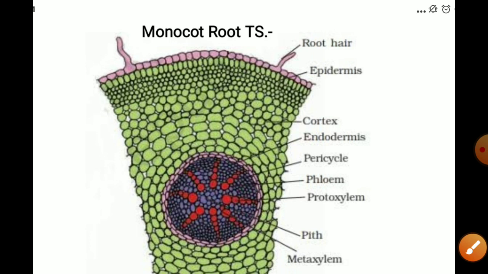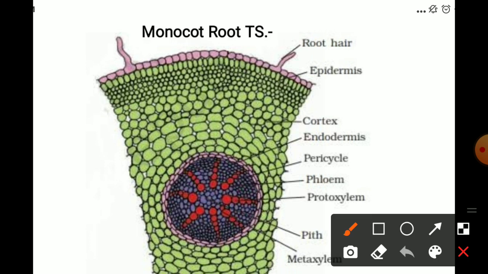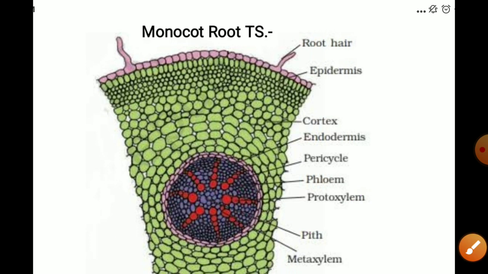Now in this core part there is a parenchymatous pith. This is the parenchyma type of tissue present in the central part of the root, which composes the pith. Anatomically, internally, this is the pith tissue. The core part, the central part of the root, is made up of parenchymatous pith. So this is all about the internal structure of the